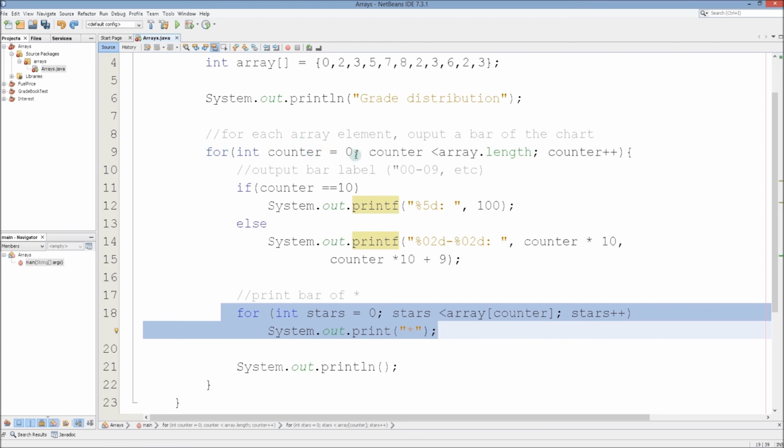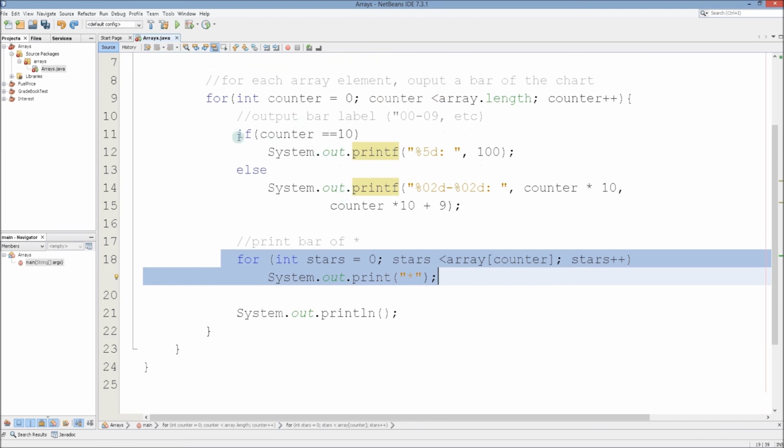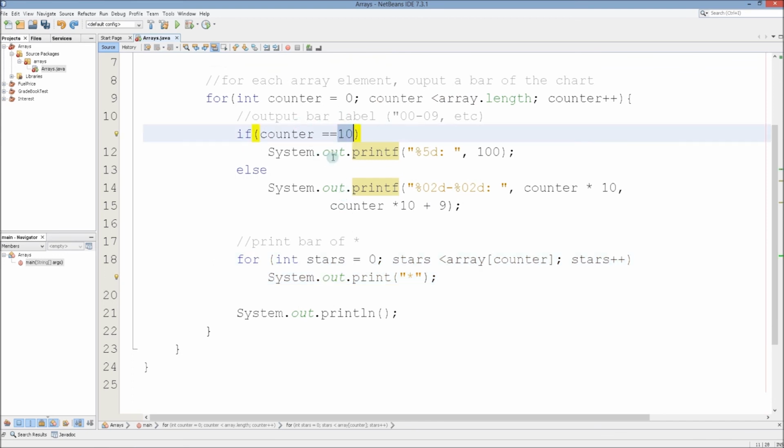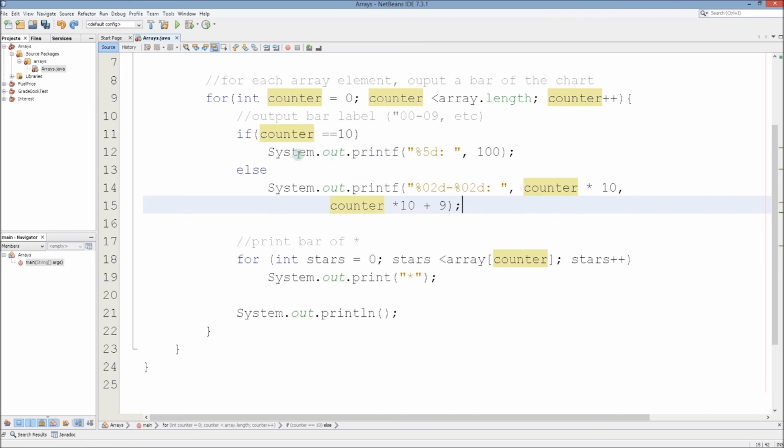For integer counter initialized at 0, and for counter less than the array length, post increment counter by 1. And then if the counter is equal to 10, so after 10 iterations of the program, then output this. Else, at each iteration, so it's going to read this, and I guess if you want to make it more efficient, you could switch those statements. So if counter is less than 10, output this, or else print this, so that it reads this line first each time. But for now, this suffices, and it looks at this statement, evaluates it, and then uses the value of the counter at each iteration, multiplies it by 10 for these values, and then it looks into the array